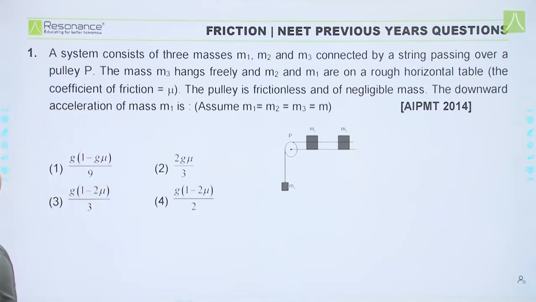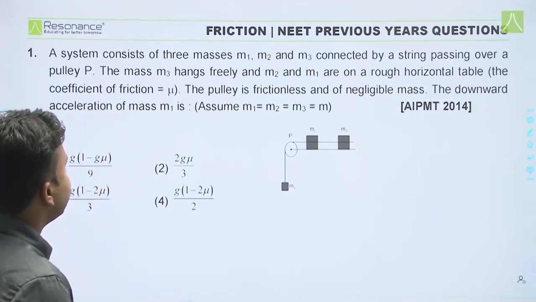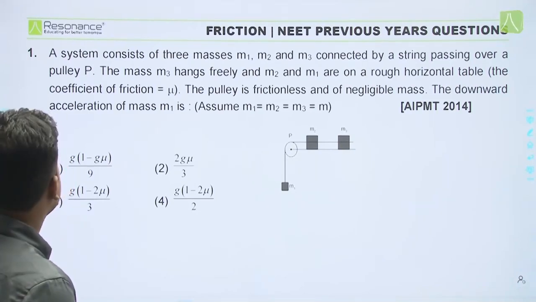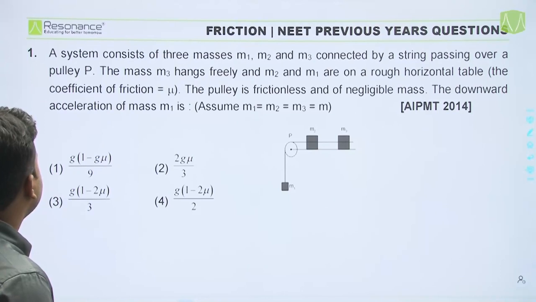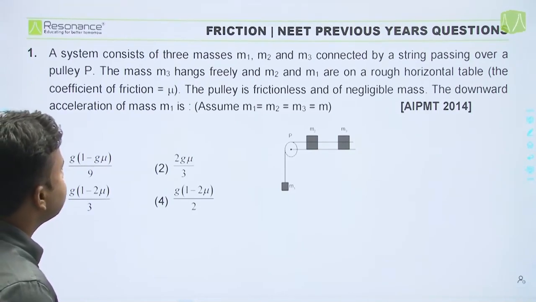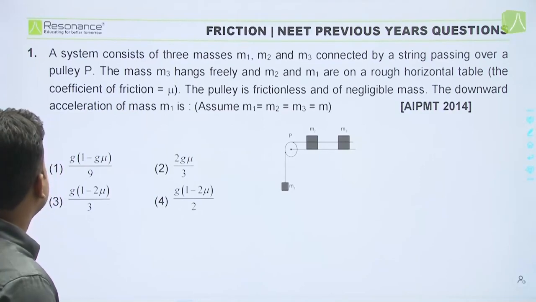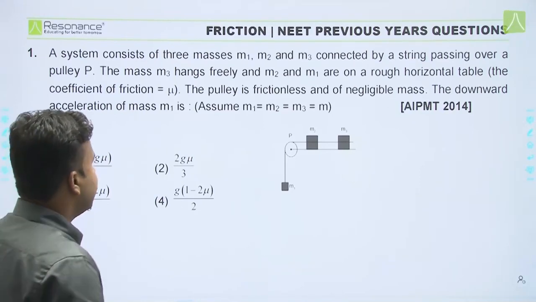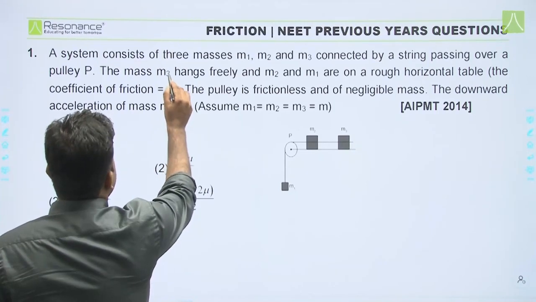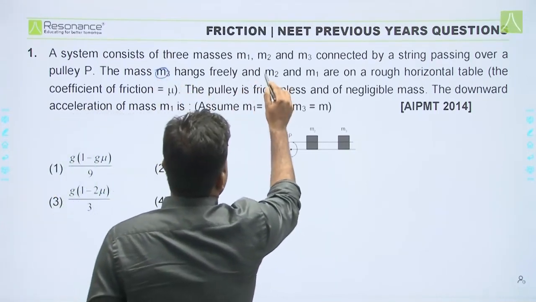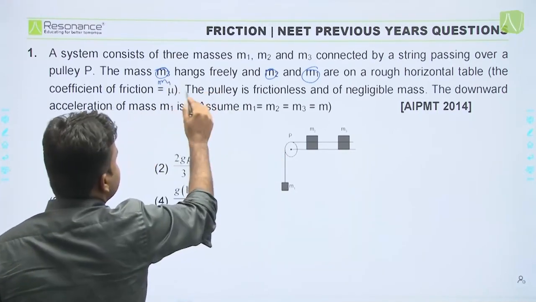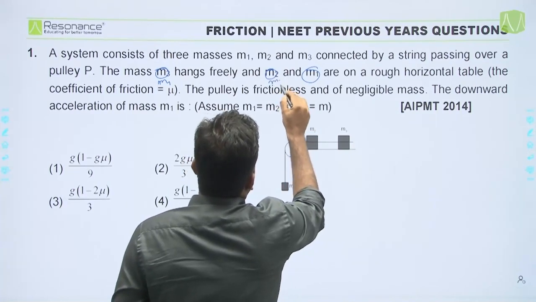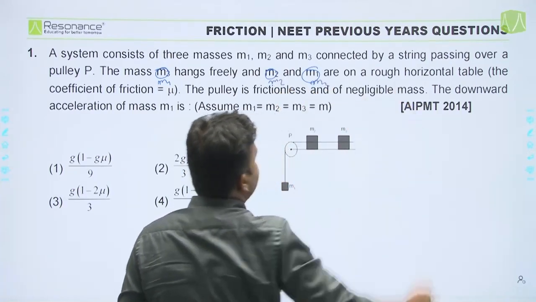So the question is what? A system consists of three masses M1, M2 and M3 connected by a string passing over a pulley P. The mass M3 hangs freely and M2 and M1 are on a rough horizontal table. Coefficient of friction is mu. The pulley is frictionless and of negligible mass. The downward acceleration of M1, in the diagram it's given here, this one is, I think, a typing mistake. So this one is M1 that hangs freely, and M2 and M3 are on the horizontal